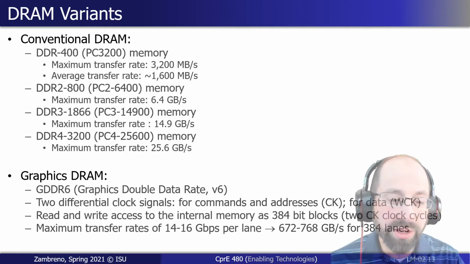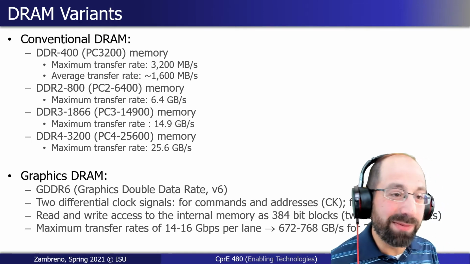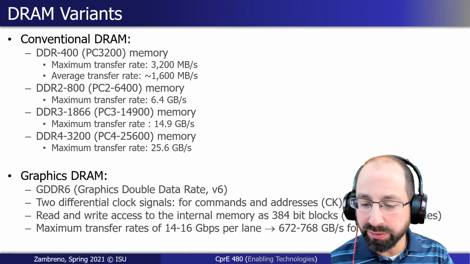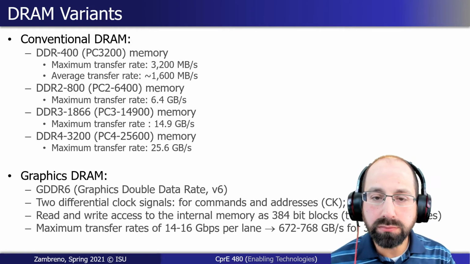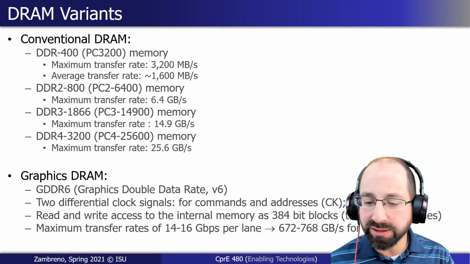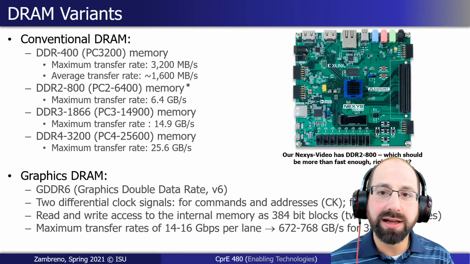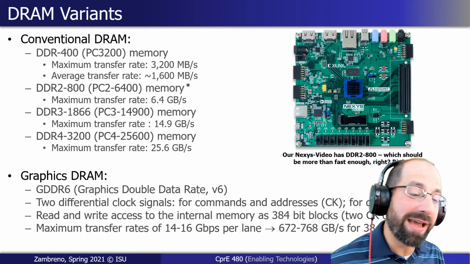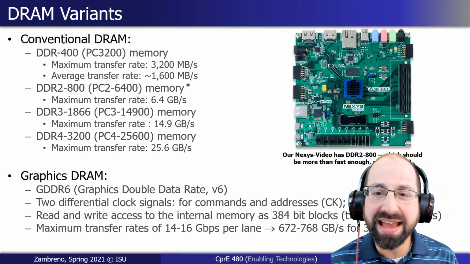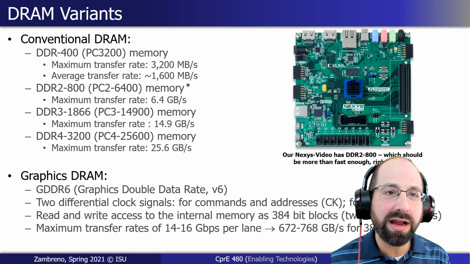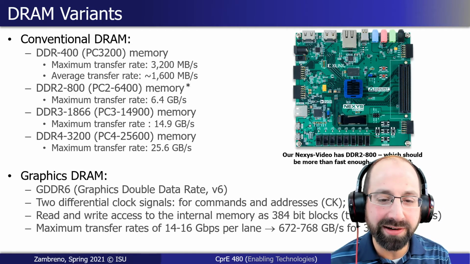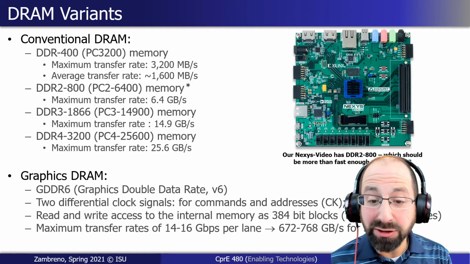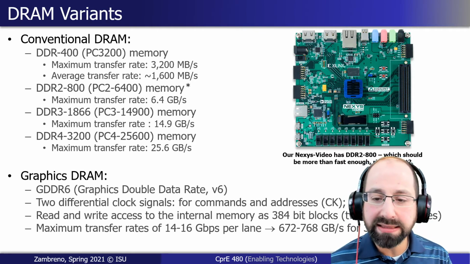In terms of what you have this semester, it'd be nice if I had an FPGA board for you that had GDDR6, but I don't. There's a big price differential as you go from DDR2 to DDR3. So what we have is DDR2 800 that has a maximum transfer rate of 6.4 gigabytes per second, which sounds good enough, right? Based on